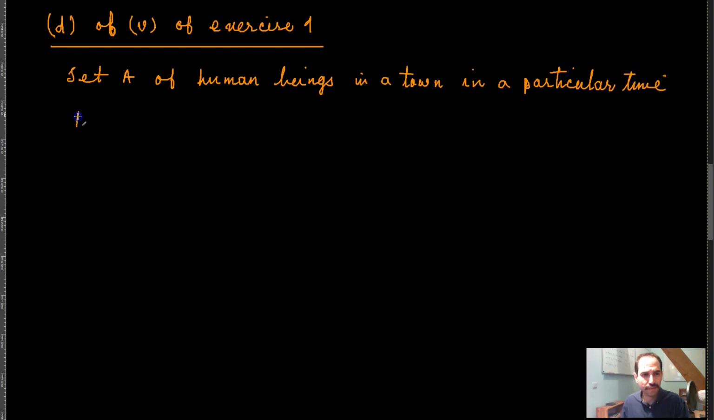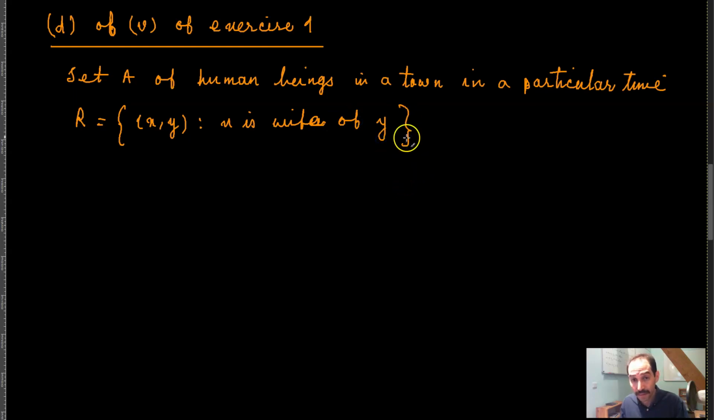The relation that we have on A is R, equal to all the ordered pairs (x, y) such that x is the wife of y. Okay, so there's actually a problem here. I think what they mean by this is